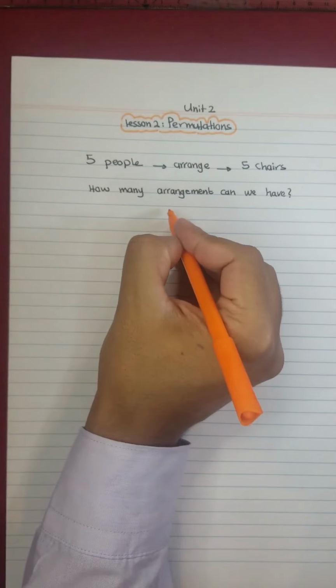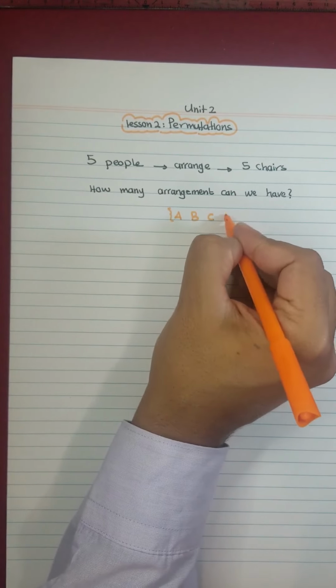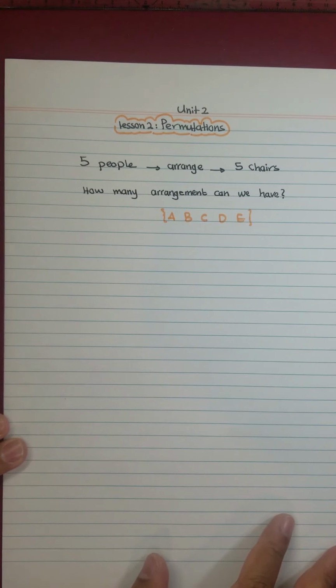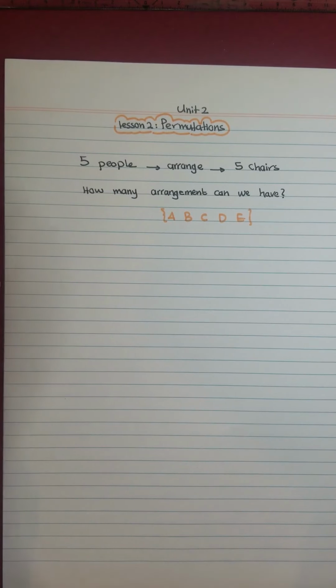Looking deeper into this question, we can say that these 5 people are A, B, C, D, and E. These are 5 different people. And what we want to do is we want to seat them on a straight line on 5 chairs. So if we try to tackle this question from the idea of counting principle, we still remember